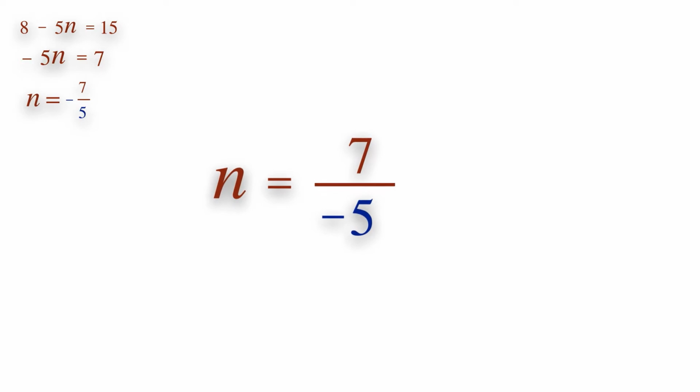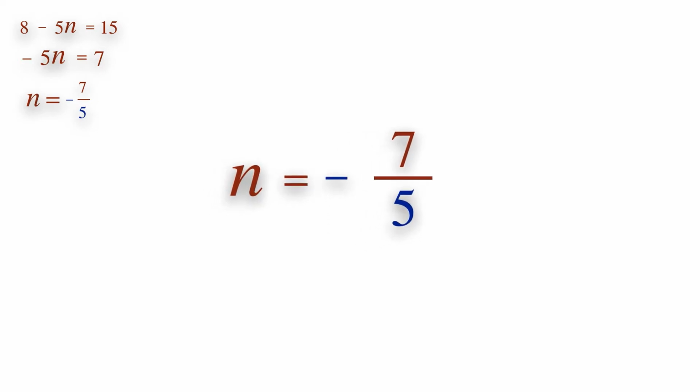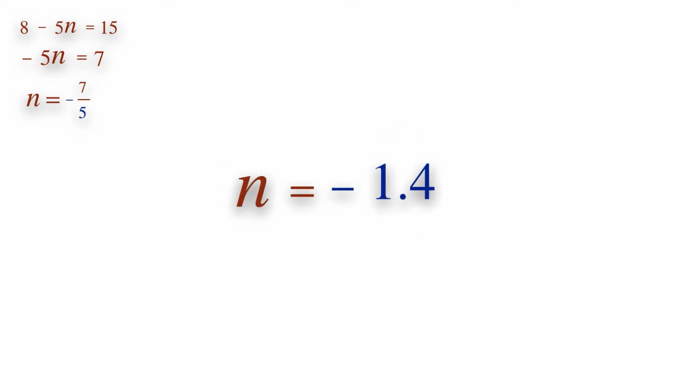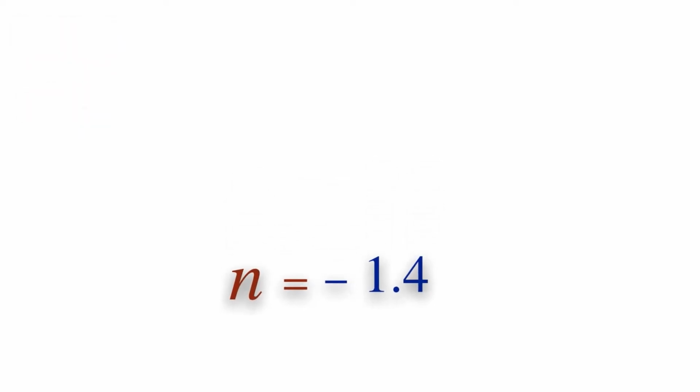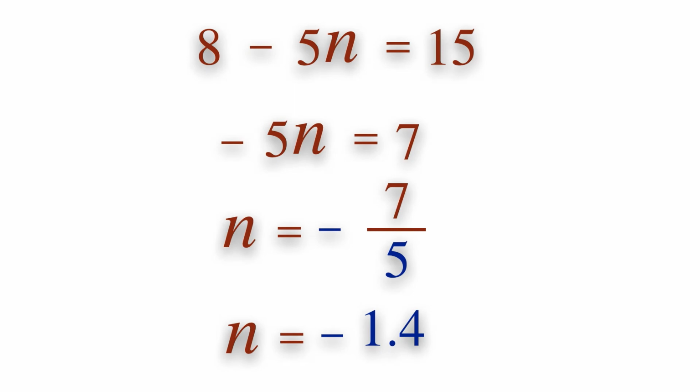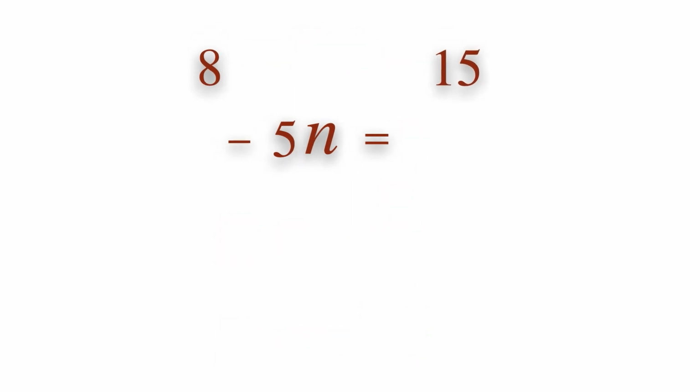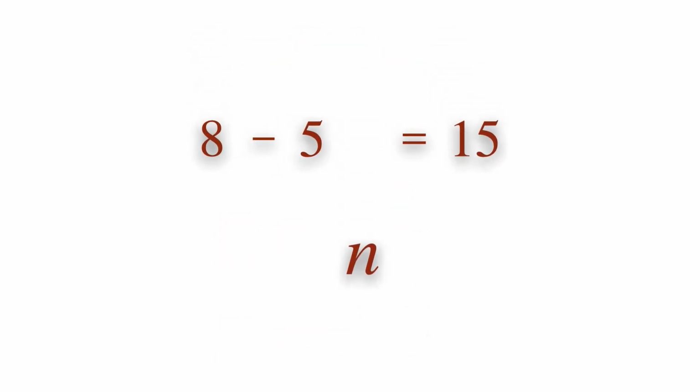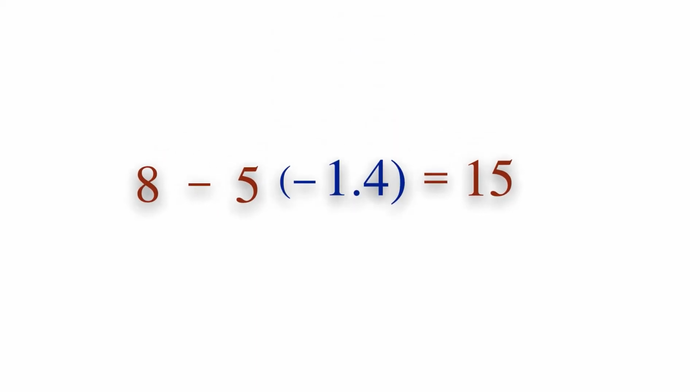The minus sign belongs to both the numbers of the fraction, so we can simply put this in the middle of the two numbers. We can now leave the answer in fraction form like this, or we can decimalize this by putting it in the calculator to give you minus 1.4. Avoid the decimal as much as you can, because sometimes it is not accurate enough and leads to rounding error. If in doubt, you can always check that it satisfies the equation by substituting n back into the